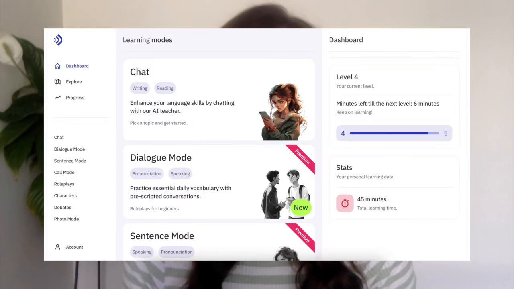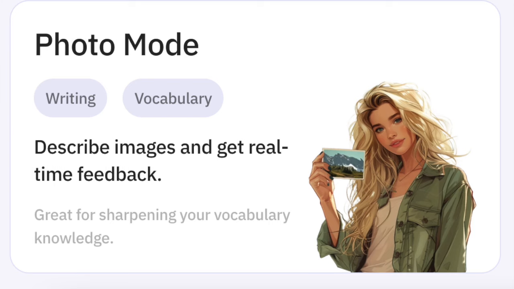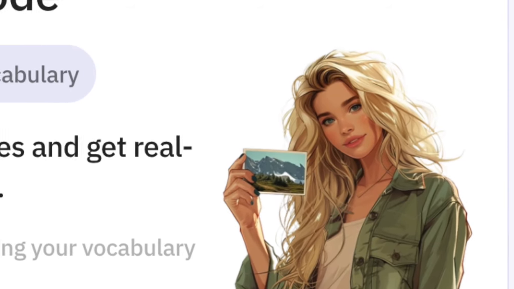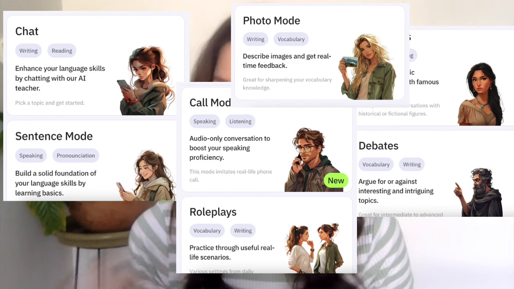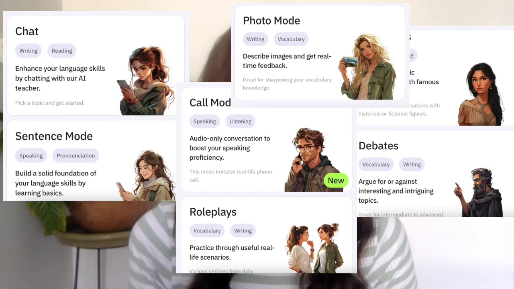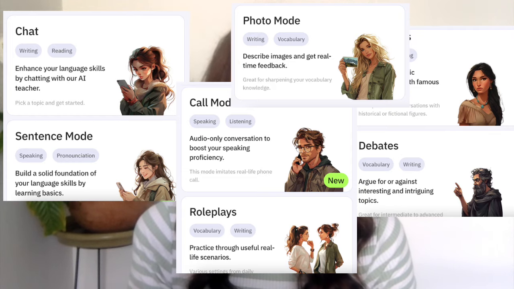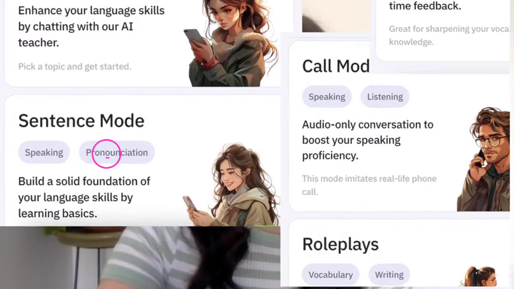First, let's focus on some positives. What's good about TalkPal? It has a nice, clean and organised interface, including some AI-generated images of beautiful people, which are certainly pleasant to look at. They also have a lot of different types of speaking activities, which keeps things interesting. For example, role plays, audio-only call mode, describing a picture, although I did spot this spelling mistake in the word